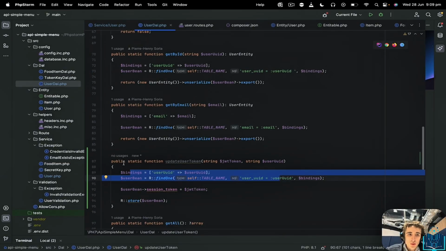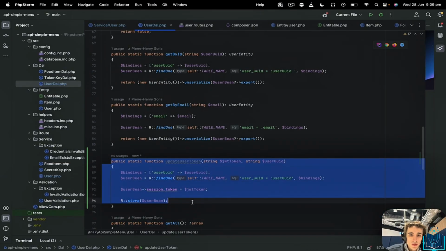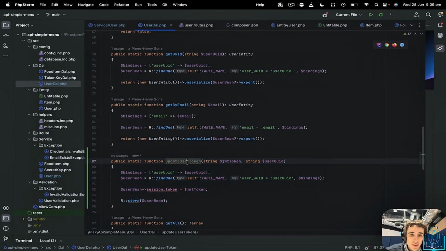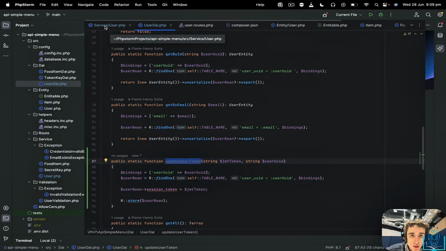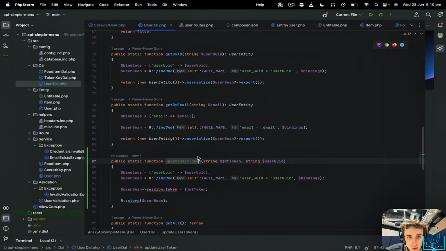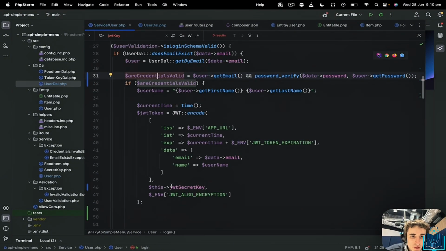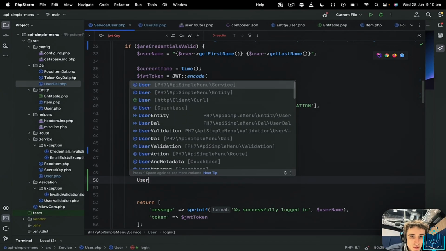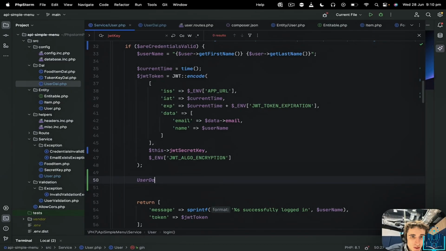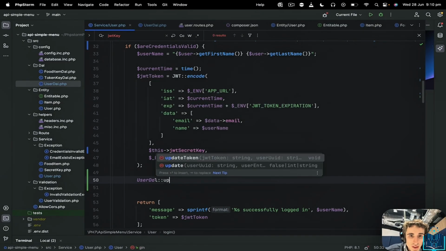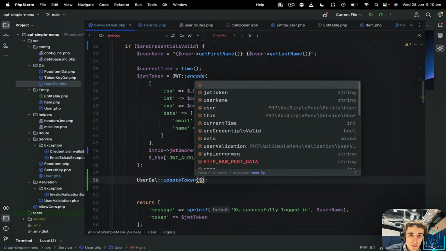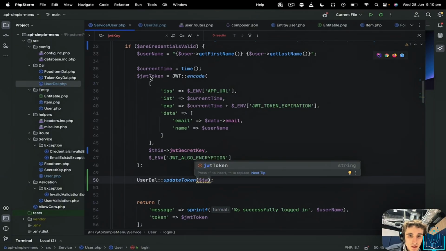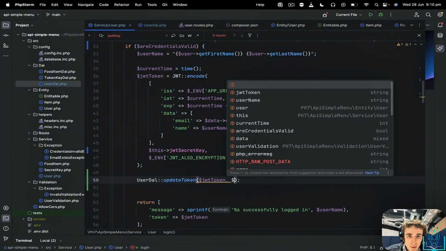It's just easier to go this way instead. So here, in user update user token, I can just do update token, and there I will do user DAL update token, and here to be the token, here to be T token, and there, here to be data